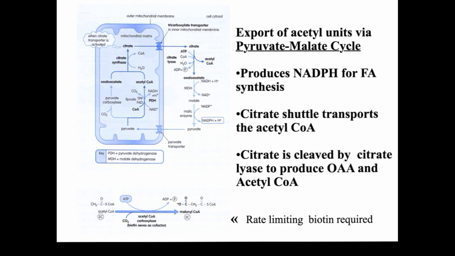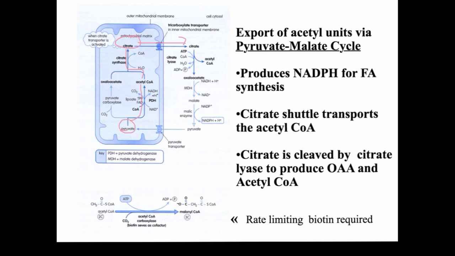Fatty acid synthesis occurs primarily in the liver. You do have a little bit in the adipose tissue as well. For fatty acid synthesis, you need excess calories from glucose, once the liver has replenished its glycogen stores and gotten all the energy that it needs. The end product of glycolysis is pyruvate, which will go to acetyl-CoA and make citrate. Citrate, part of the TCA cycle, is what allows us to take the acyl moiety from the mitochondria out into